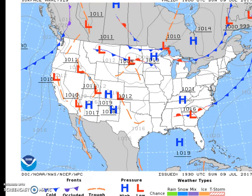So first off, we can start off at the east coast where not much is going on, but as we go down a little southeast, we have a low pressure and a high pressure with that cold front branching off of the low pressure. And the warm front is going to be defined between a warm air mass and a cold air mass. It is overtaking, so that warm air is going to be moving into the cold. Because it's less dense, the warm air is going to start to rise up, and oftentimes those cold fronts, as we see right above that,